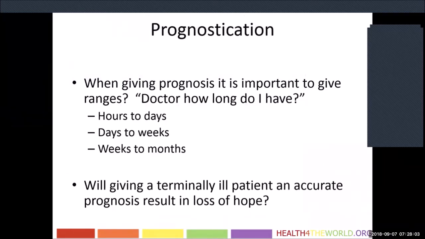or prognosis is poor. So when giving prognosis, it's also important to give ranges. So, doctor, how long do I have? Why is this important? Because people need to be able to plan. And I think it's hard for us because when we give this information, there's a lot of anxiety about it because, number one, how do you know we're right? Because nobody knows. We're certainly not God, so how can we say for sure?